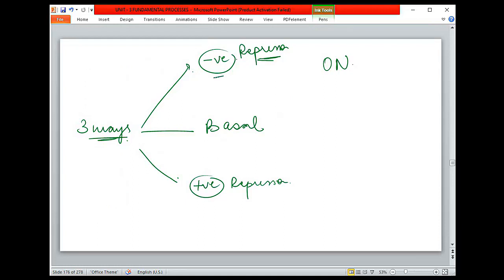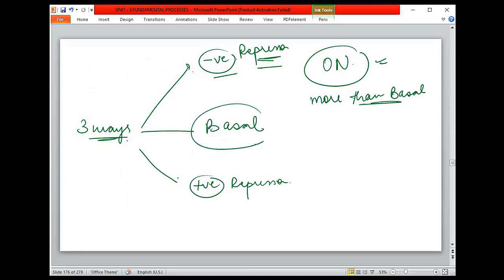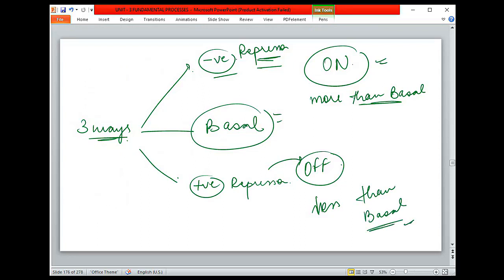So that means what? Negative repressor means your lac operon is turned on. That means over here the transcription would be more than the basal amount. Then second is your main thing, that your basal amount is there, no matter whether it is positive or negative, to keep the emergency work ready. And positive repressor, when your operon is in the turned off scenario, over here there would be a condition where less than basal would be produced. Less than basal means less than the optimum level of work is getting showcased by your operon.